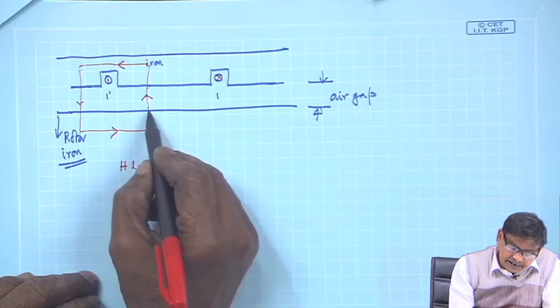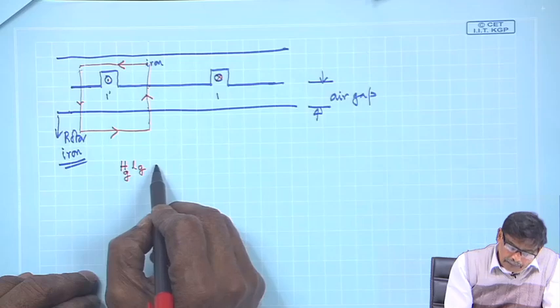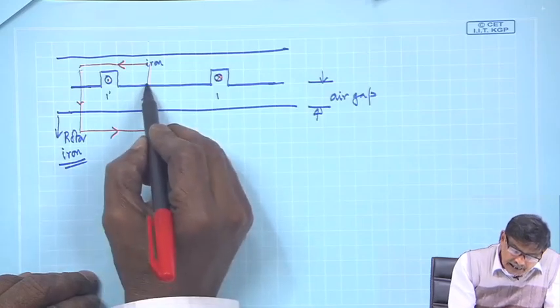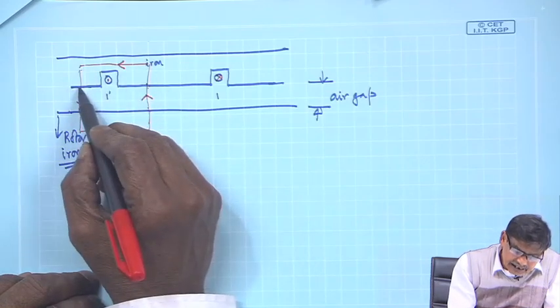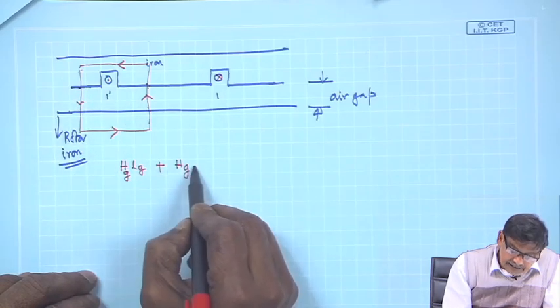So, Hg into Lg plus H iron into L iron stator plus Hg into another Lg